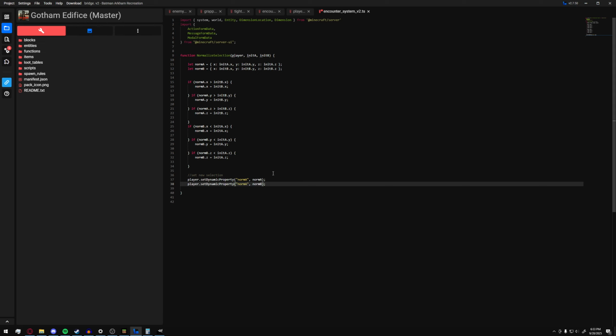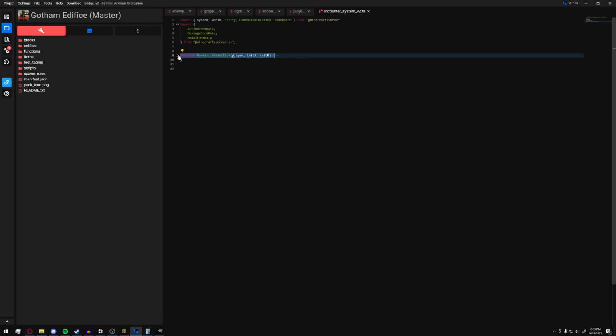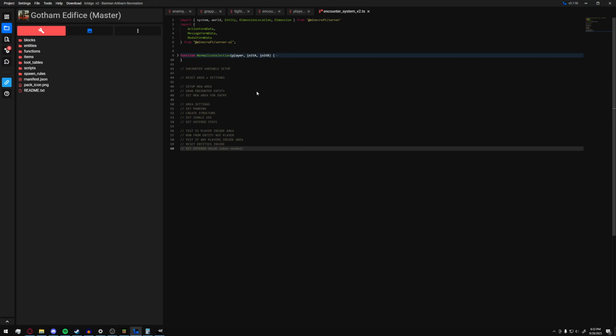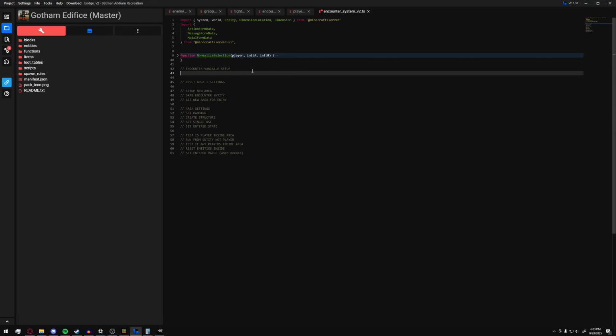Okay, so that's our normalized selection. And then we are going to go over here and find our list, copy it, and paste it over here. Okay, encounter variable setup. So what we're gonna do here is world dot spawn